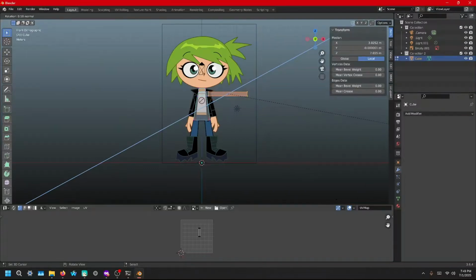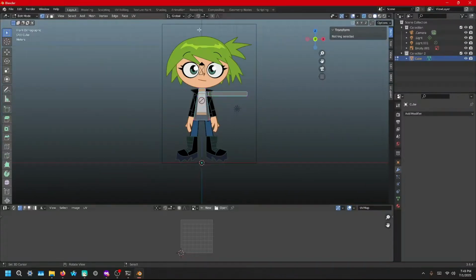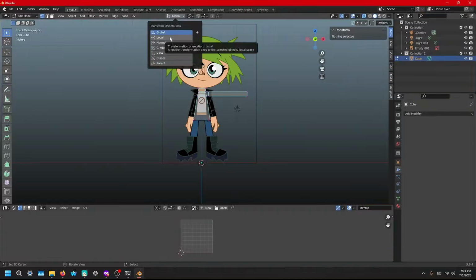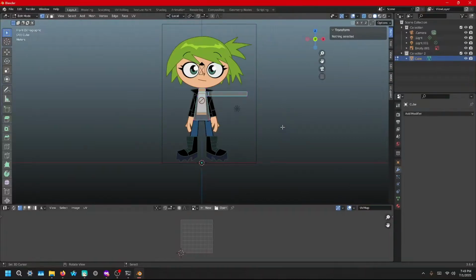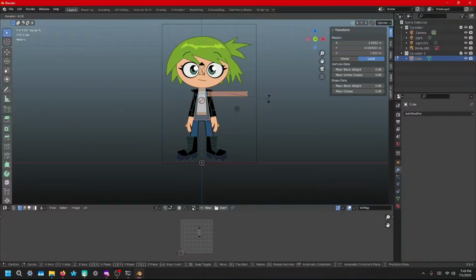Ooh, 3D-ified. Anyway, that's not what I want. It's supposed to be on local, not global, because global is wrong anyway. Why do I keep unselecting? Oh, there you go. So, oh, I pushed E, that's why. Select them, rotate them,